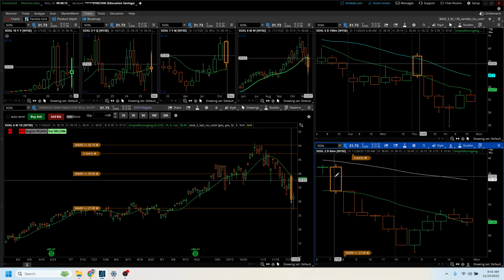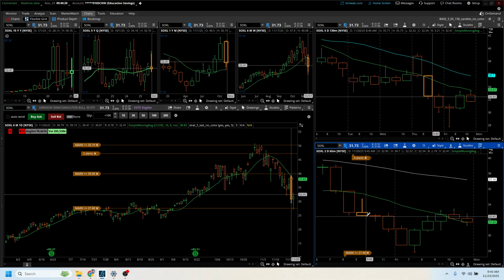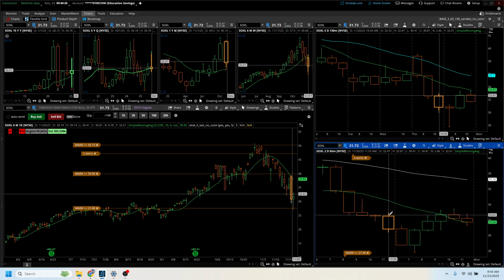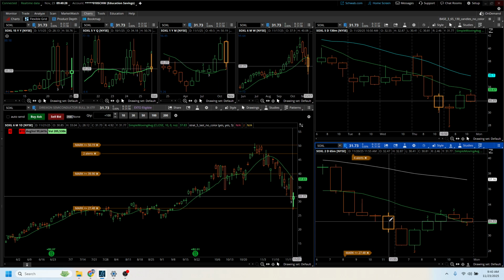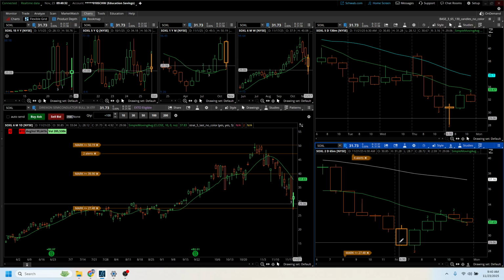This is a 2-2 reversal. And look at this. It told you to get short. 2, 2. Right here is another 2. Here's another 2. And then right here was a 3 that told you that you could get short right there. But just keep in mind that,